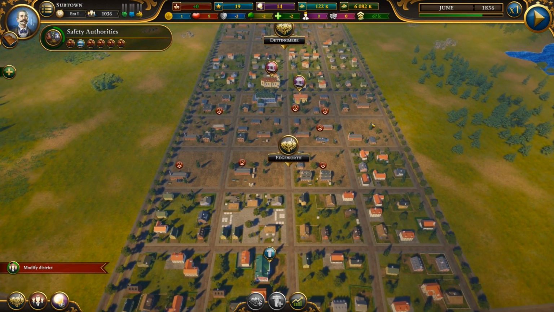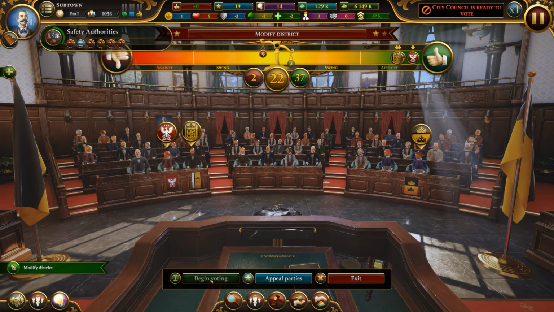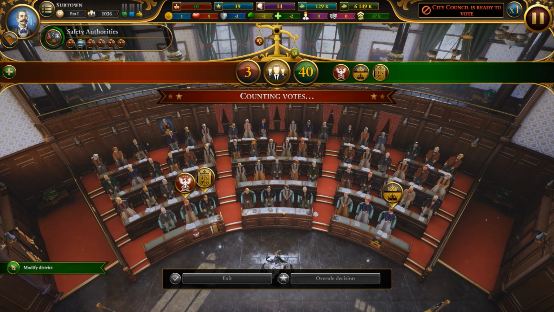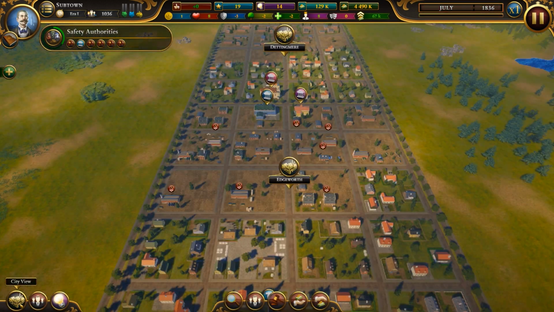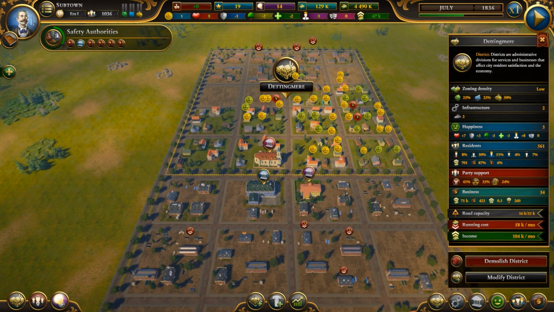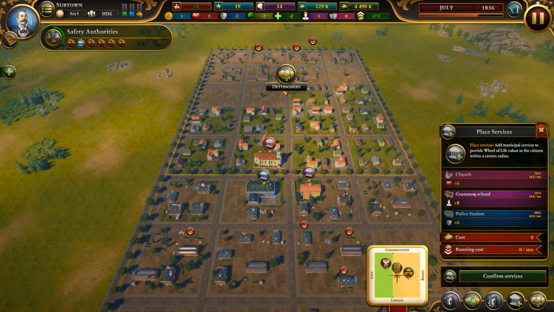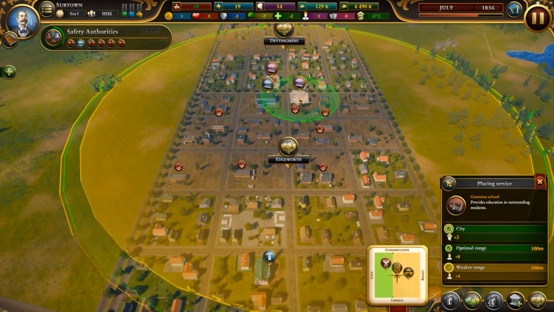Okay. So, next thing is we need to do the grammar school and get that through. Let's begin the voting. That will be approved, and we switch to medium density. And you know, we have the cash right now to pay for it. It's done. Get out of here. Modify district. Go to medium. Confirm zoning and add a grammar school right here. And that should also